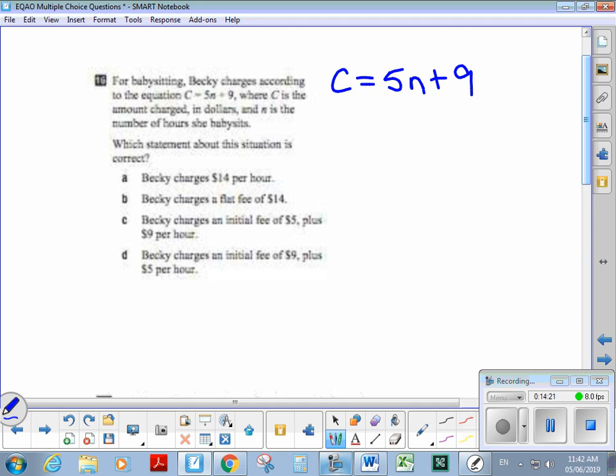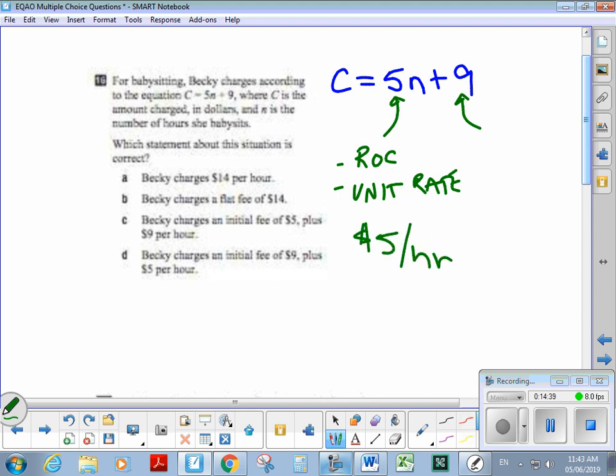Okay, so which statement's true? So let's talk about what the equation tells us. We know that the number that goes with the variable is our rate of change, which is also our unit rate. So that means that Becky is charging $5 an hour. We know this is your initial value. So she's charging $9 to show up. All right, so there must be some nasty children. So Becky charges $14 per hour. This is incorrect. Flat fee of $14, incorrect. $5 an hour and plus